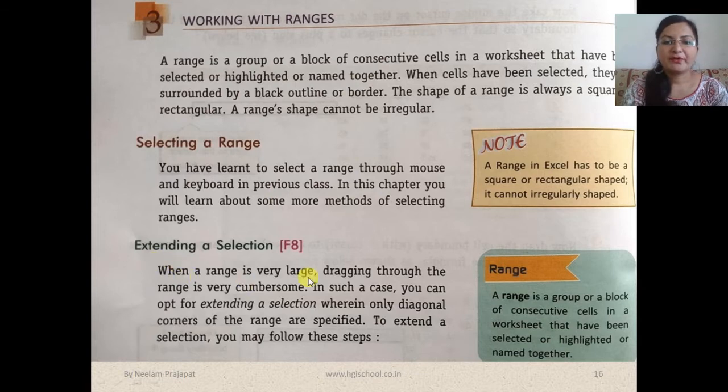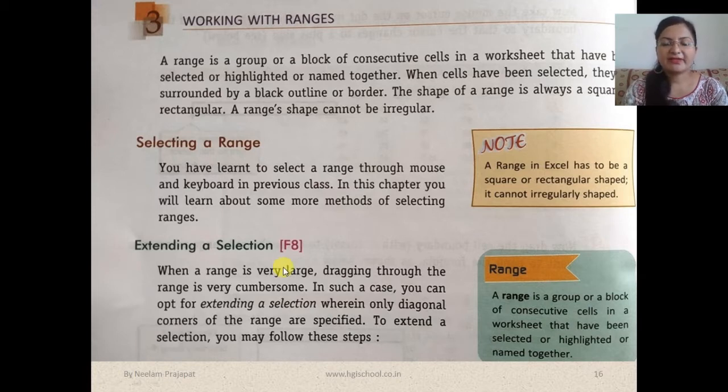Now what will happen if the range is very large? Like if here we were adding only 4 cells, it was very easy to write the formulae. But what if there are so many cells, like we have to add 100 numbers? Then it will be very time consuming if we write all the cell addresses, cell references one by one. So what do we have to do here? We will use a range.